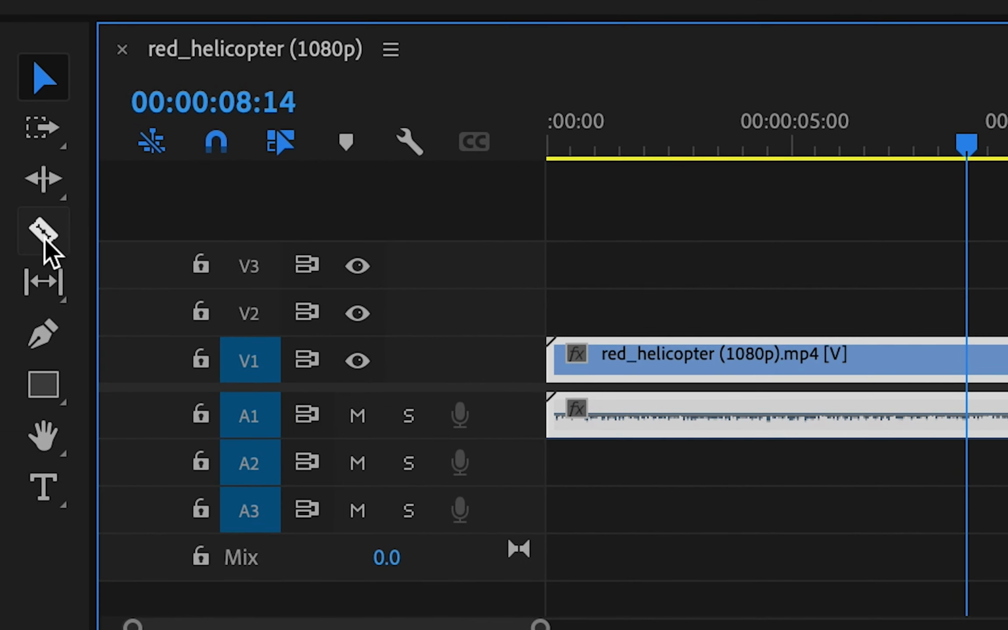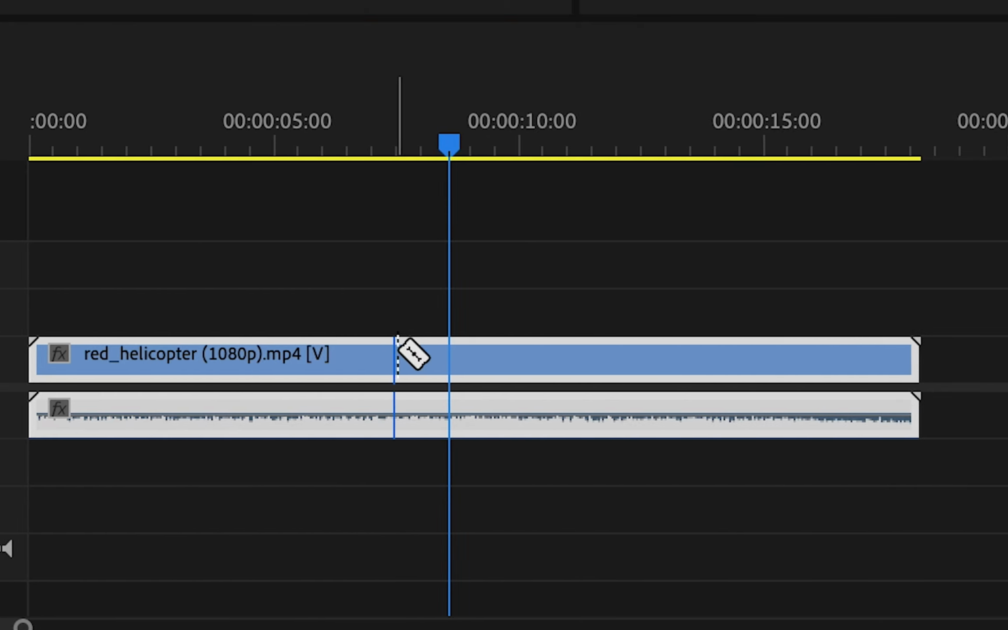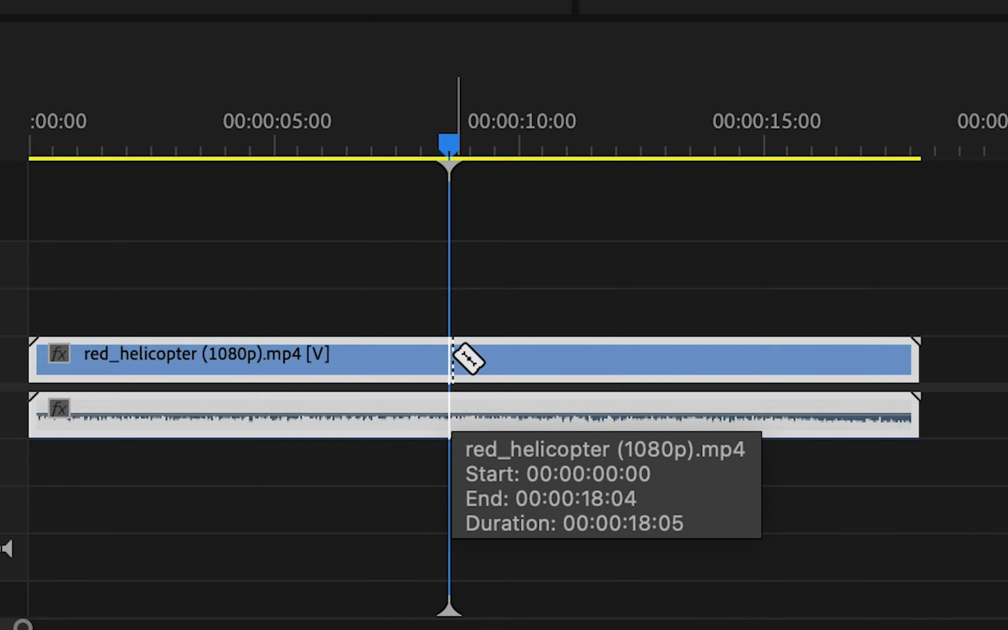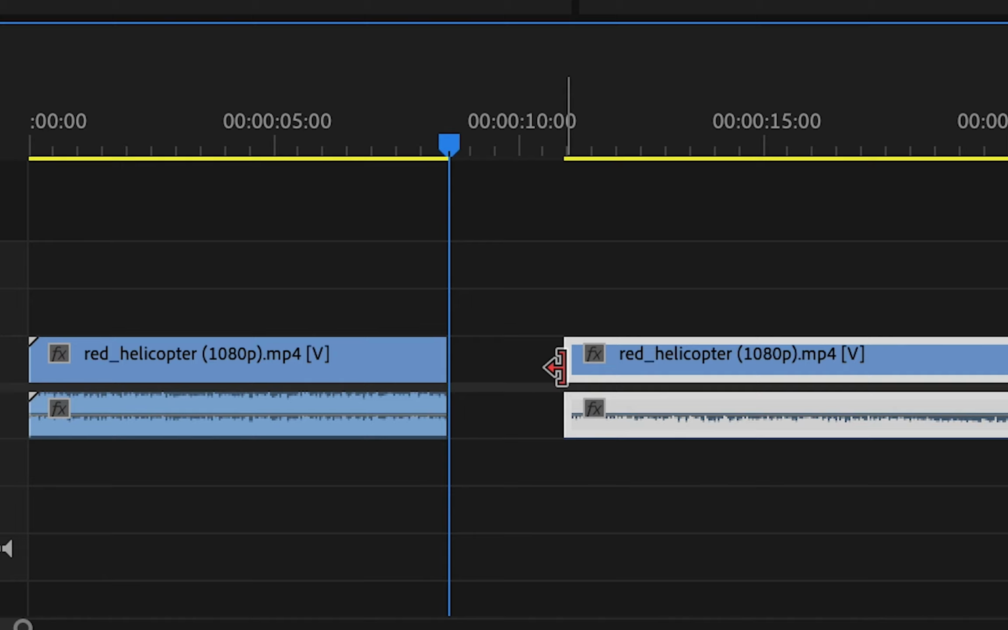We can then go into the Tools panel onto the razor icon. You can also press C on your keyboard to get to this. We then need to go over to where the playhead is and then just simply click on our mouse. And then this will create the cut that we wanted to create to trim that clip from that new starting